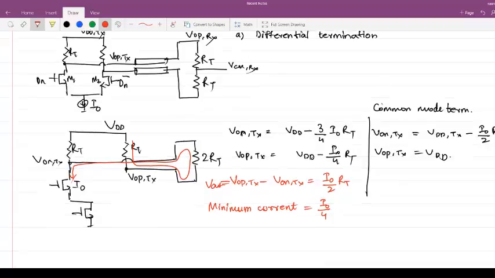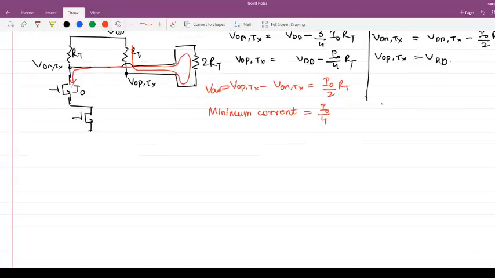So the next thing is that we know how the common mode current mode output driver works. Now the other one is CML based equalization. So in a CML based equalization,